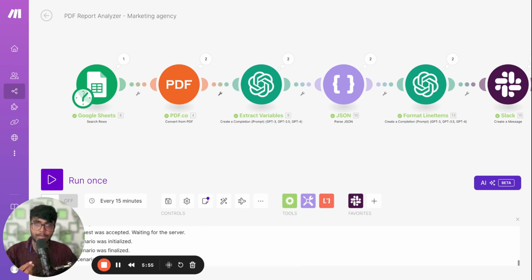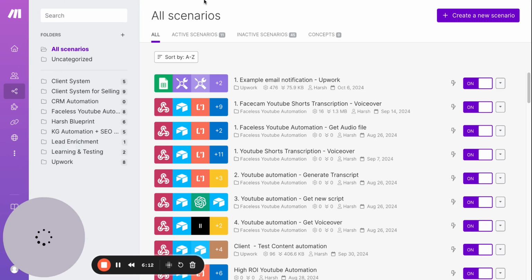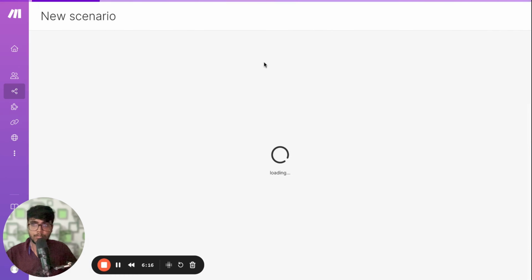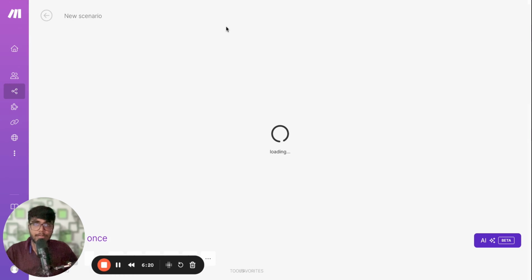This is just one example of how you can use the system to parse data from PDF and then extract the information from that. So now we are going to see how you can build it from scratch. For that, let's create a new scenario in our make.com account, and the first step is to